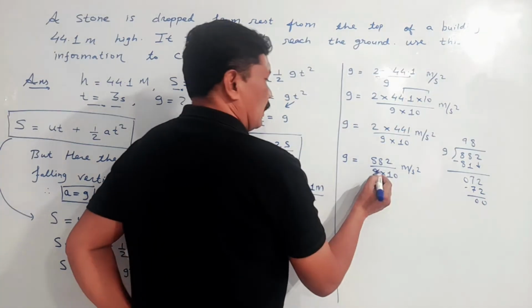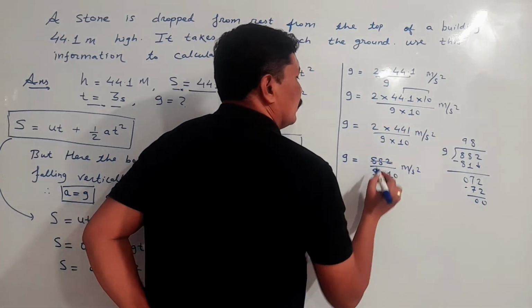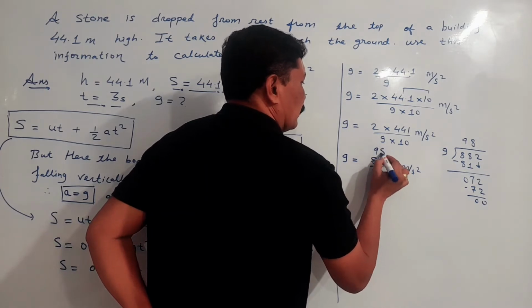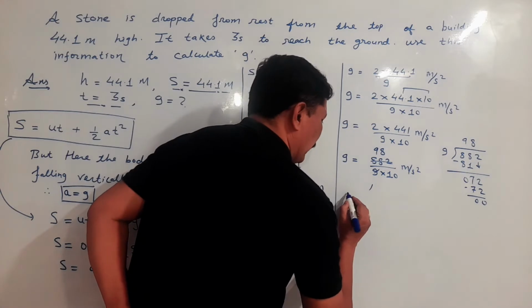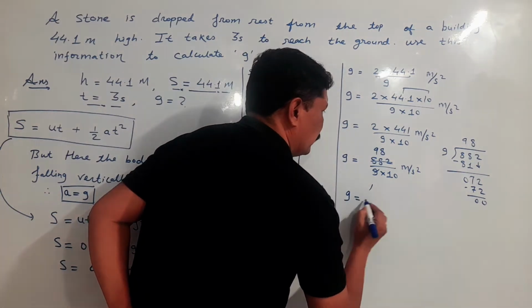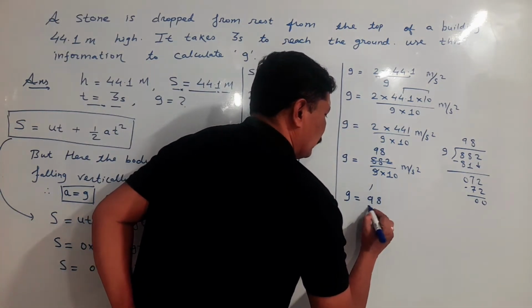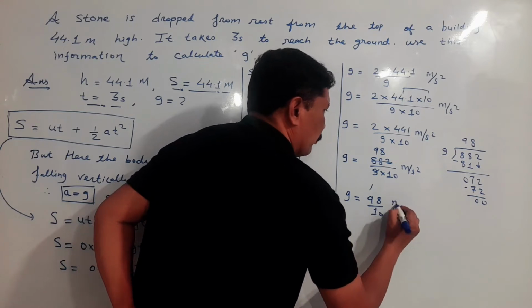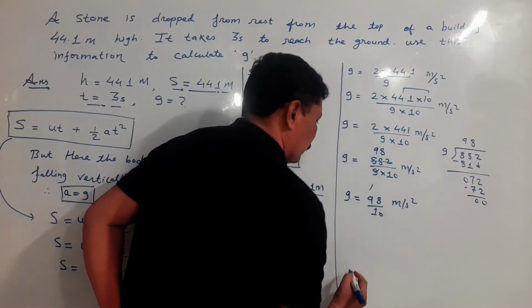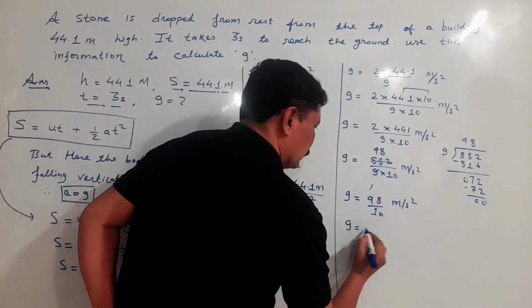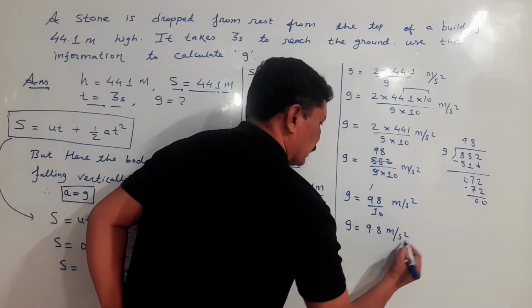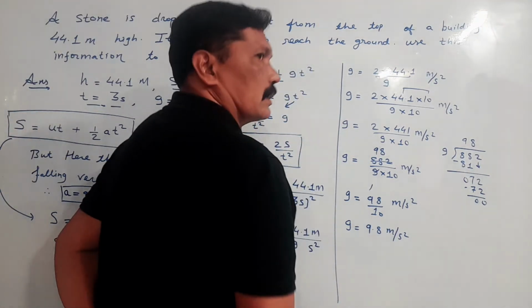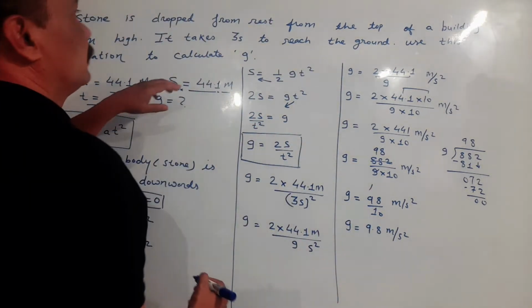So we can write 9 1s are 9, 9 9s are 81, 9 98 are 882. So my dear student, here we will get g is equal to 98 upon 10 meter per second square. So g is equal to 9.8 meter per second square is the answer,